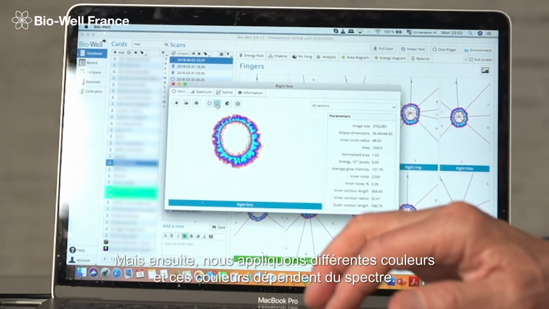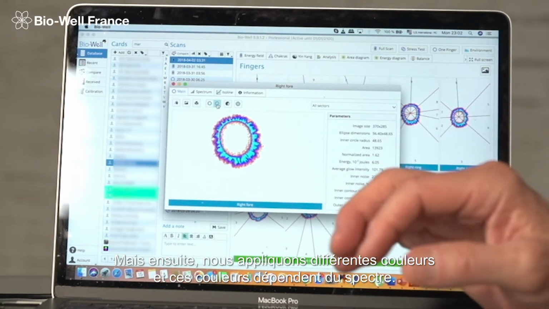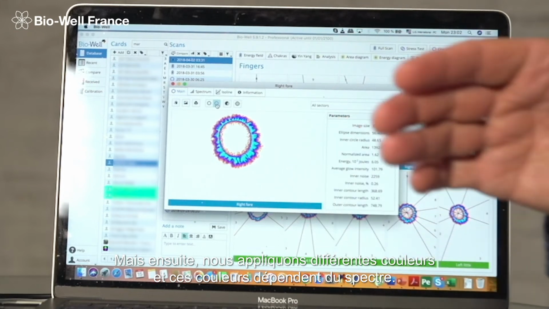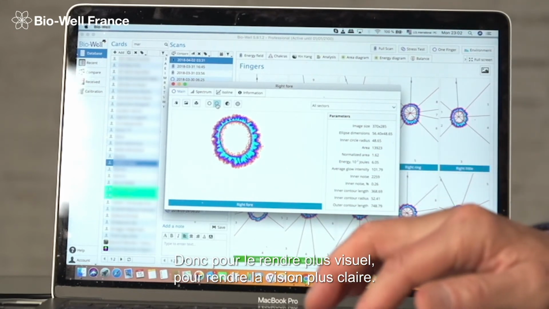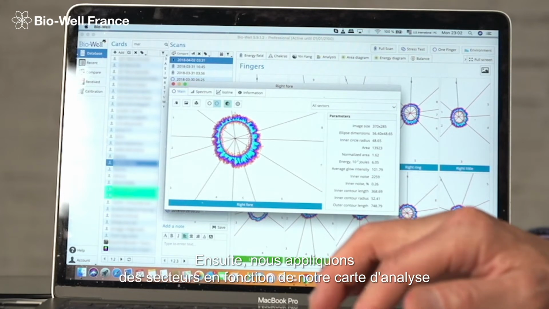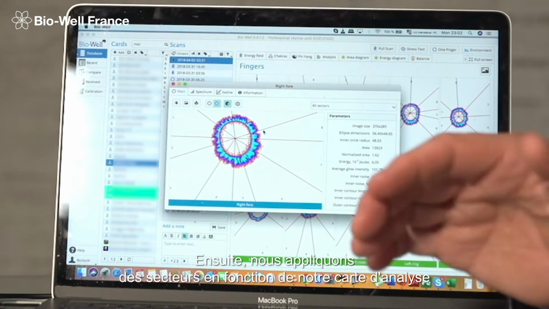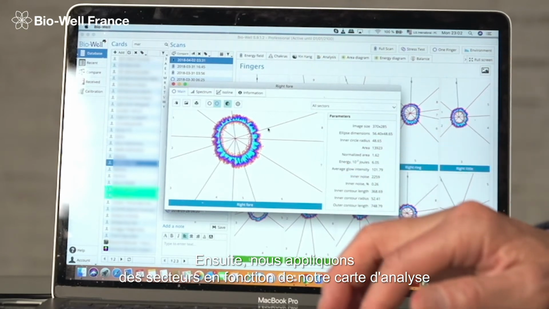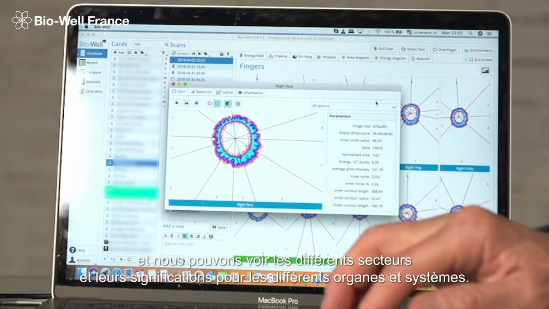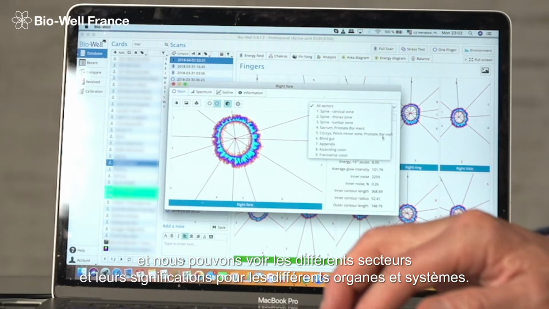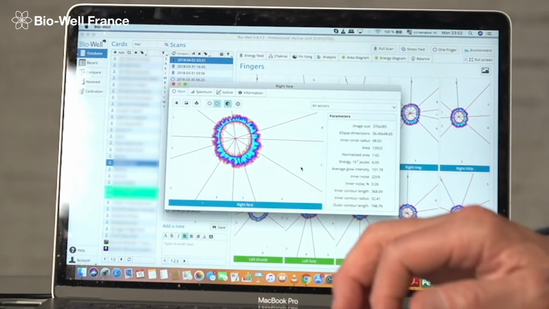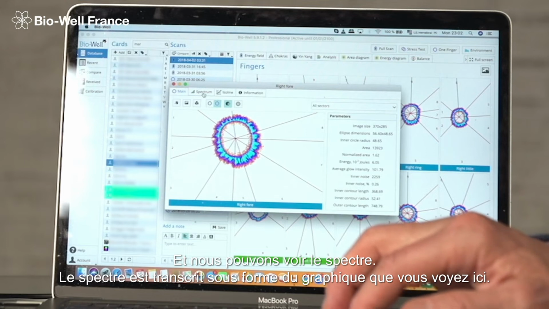But then we apply different colors. And these colors depend on spectrum. So to make it more visual, to make it clear. And then we apply sectors, in accordance with our analysis map. And we can see different sectors and their meaning for different organs and systems. And we can look at the spectrum,